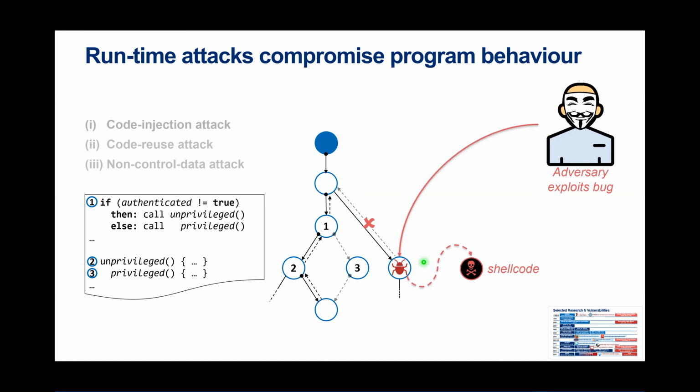And the classic exploitation was called code injection, which was more than 30 years old. The first Morris internet worm used this. Essentially, that means that you exploit the vulnerability to make the program jump to some piece of code that the attacker inserted, rather than returning to the place where it's supposed to. And this has been largely